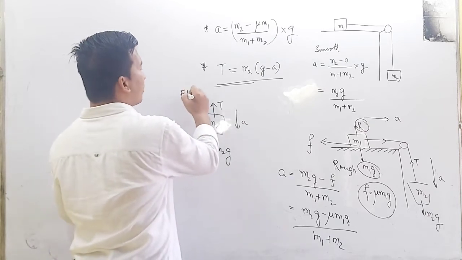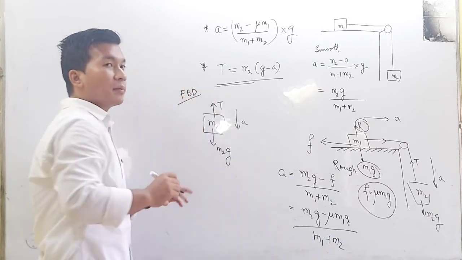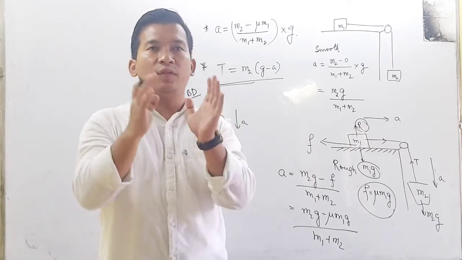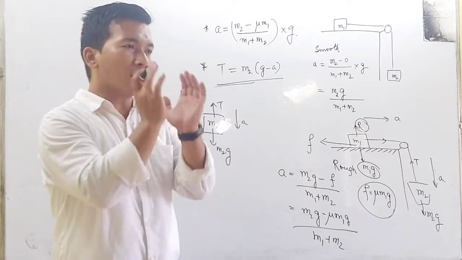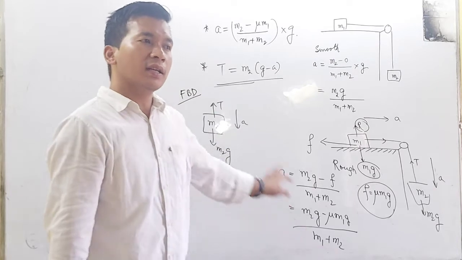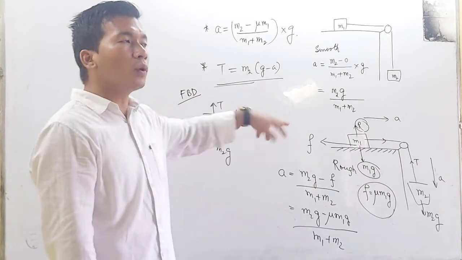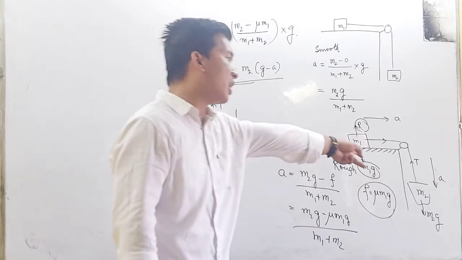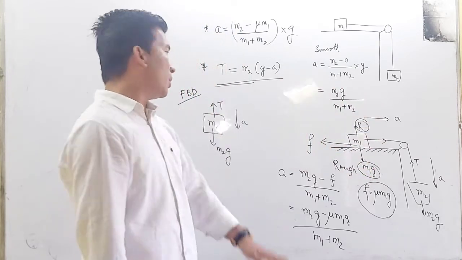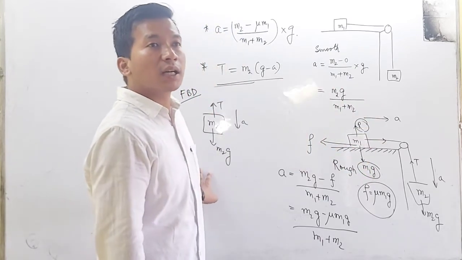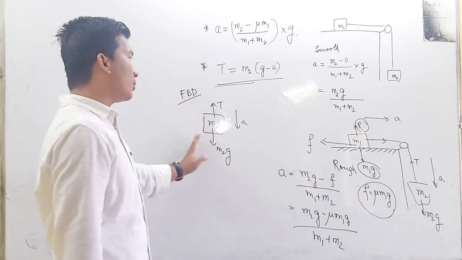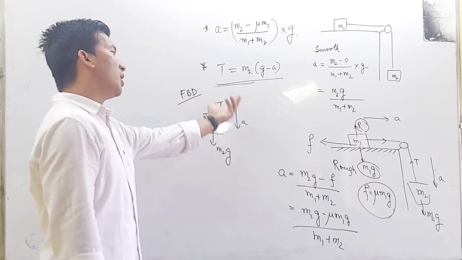This is known as a free body diagram. From a system of bodies, if we consider only a particular block of mass, that diagram representing all the forces that act on this mass M2 separately will be known as a free body diagram. Now, according to our simple equation of motion,